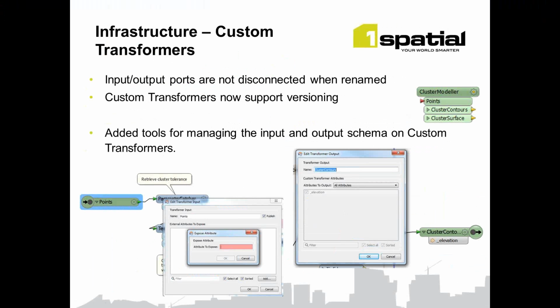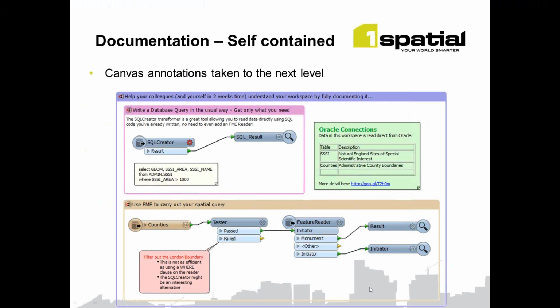Custom transformers are a little bit of an advanced capability, so I'm not suggesting that they're something that everybody will use, but once you get into custom transformers, they're extremely powerful in the capabilities that they offer. Versioning is now supported in custom transformers as well,